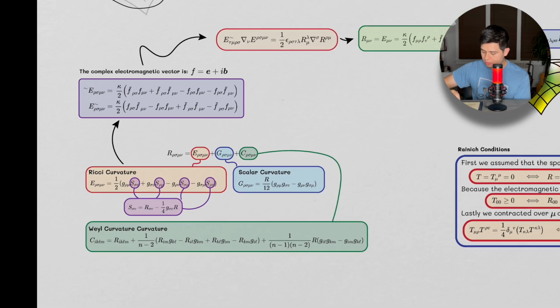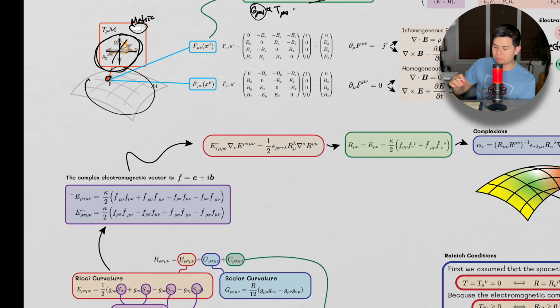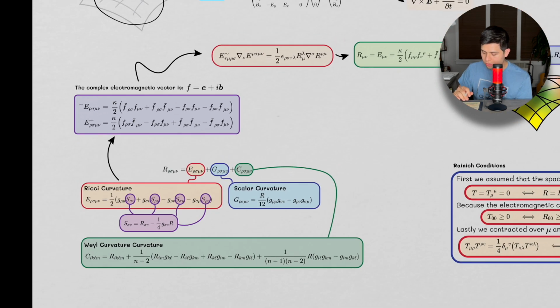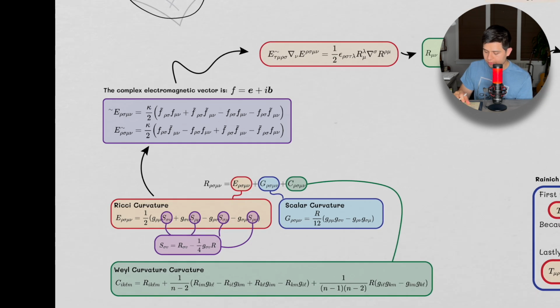All right. Again, all of this I'm doing because we are aiming towards the point of trying to understand charge within the context of curvature, specifically within the context of electromagnetically charged black holes. All right, so the complex electromagnetic vector becomes this, and so we have